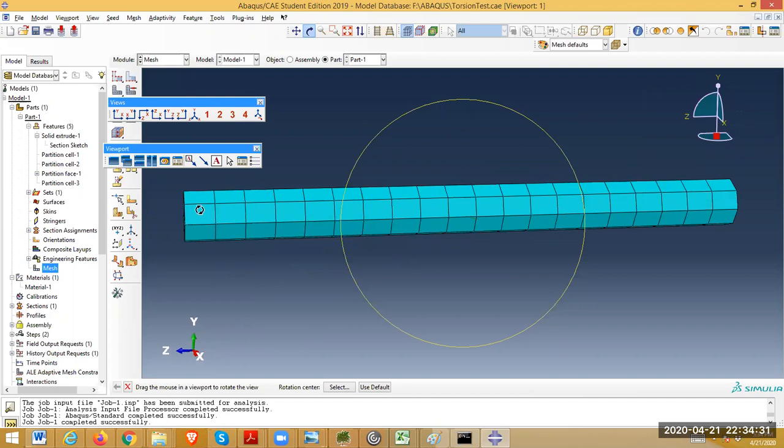After twisting, we want to see how far our assumptions are true. If you remember, we said that after twisting, these planes remain planar and they remain straight, right? So that means they